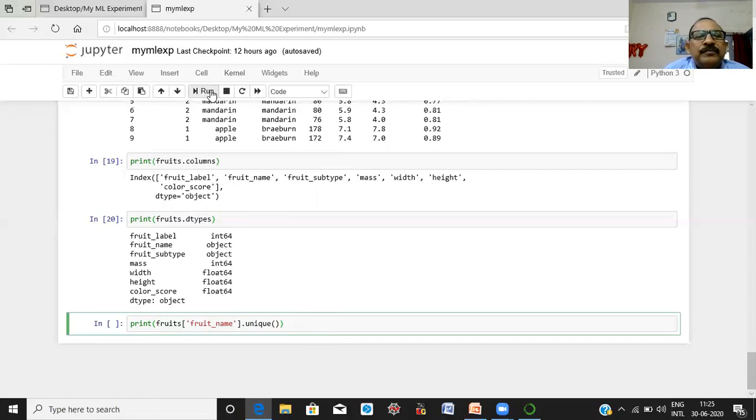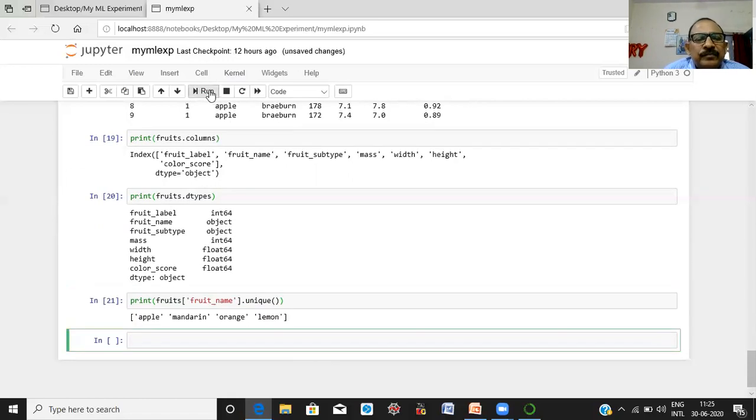Run it. Here you can see this fruit name variable has these values: apple, mandarin, orange, and lemon.